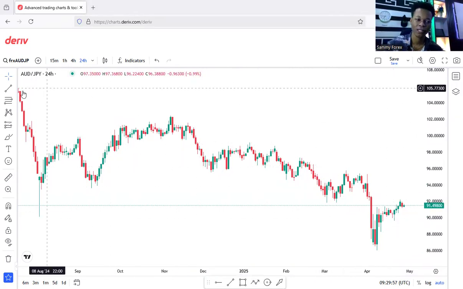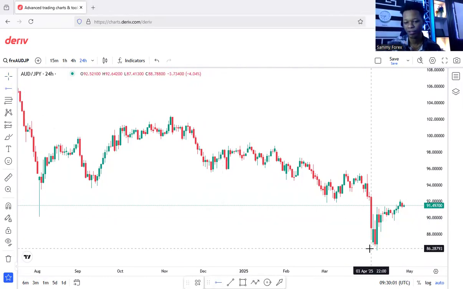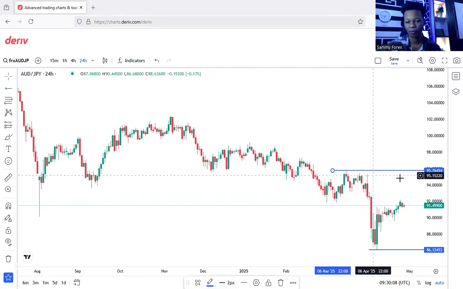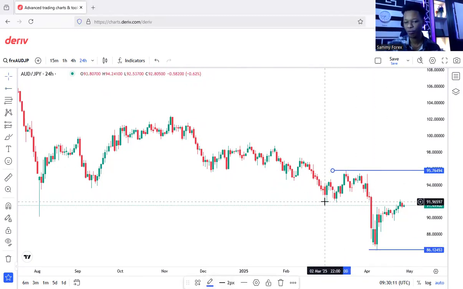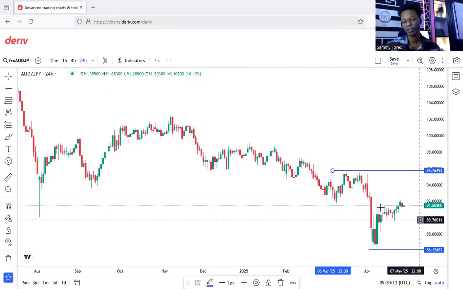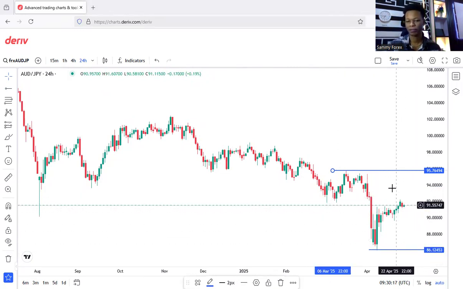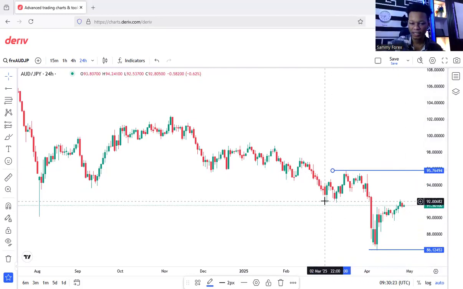All we have to do as TRSS traders is to mark out the highs. This is the lowest level that price got, and then mark out this high. This is the highest level that pushed down to break this low that is here. So it's telling us that price is still in a downtrend. All price can do is come back down. Either it approaches this particular zone and then rejects, or it will start rejecting on this particular